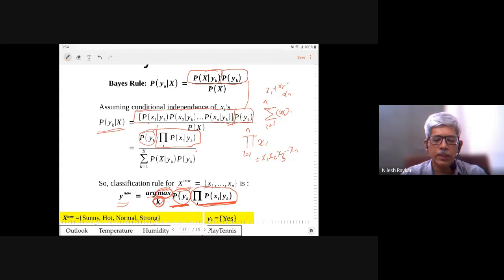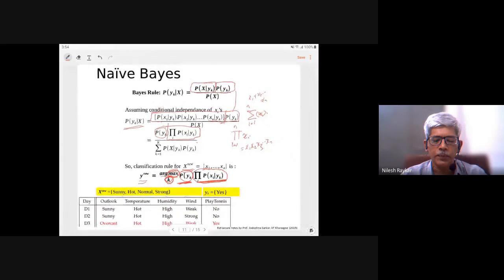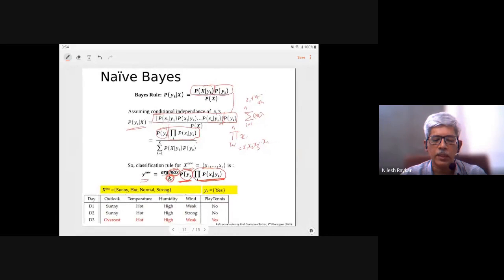Although the assumption made there is a little naive, the classifier by itself is not naive. In a sense, it works for many important problems, like the email filter that you see, which classifies mail as spam or not spam. It essentially works on a naive Bayes classifier, or at least at the beginning it was working on that. I'm sure now they have much more advanced models working on it.